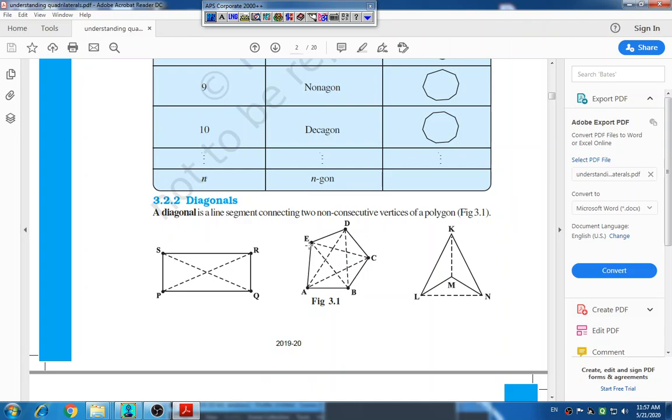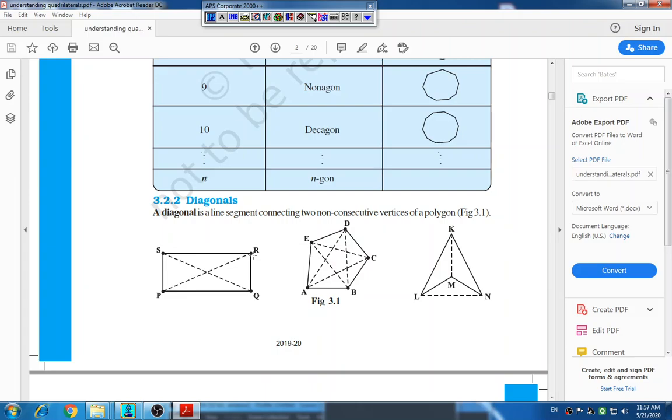We have already written these names when we started listing the diagonals. So we can write the names in different ways also. PQ and QR: PQ is a side and QR is also a side. These are not diagonals. But when we write the names diagonal PR and diagonal RP, both are the same.